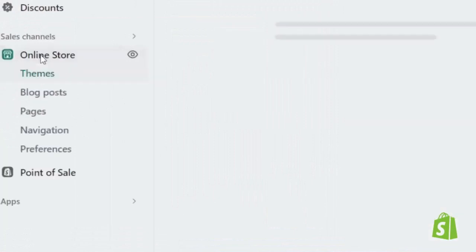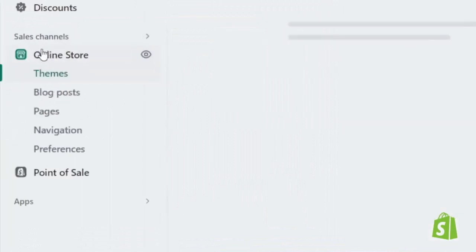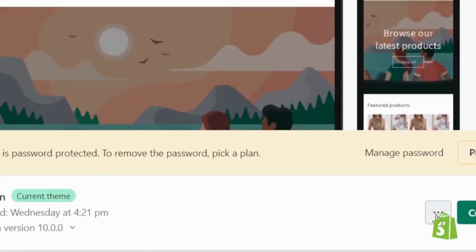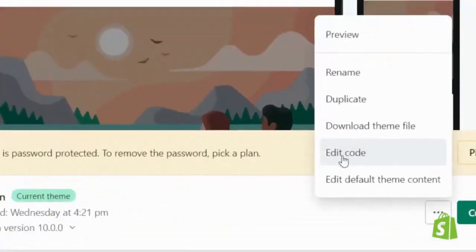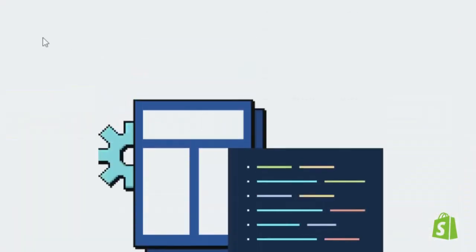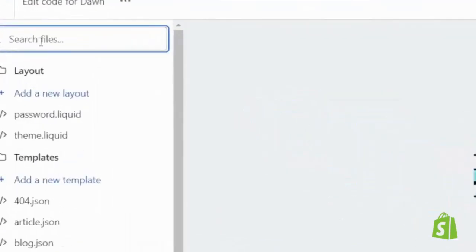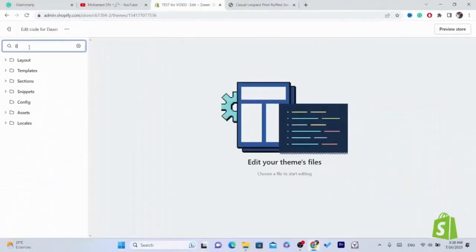So the first thing you need to do guys, you want to click on online store, as you can see. After you click on online store, what you need to do next is click on these three little dots and then click on edit code. Don't worry, this is not some complicated thing, it's very easy guys. You just want to search for base